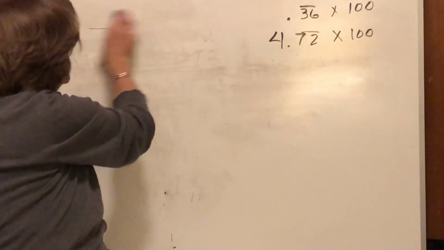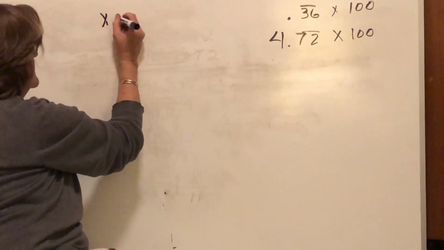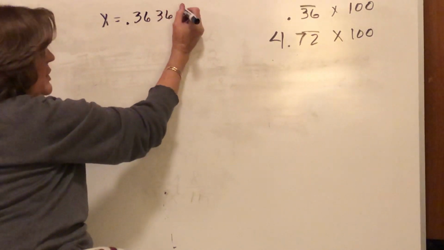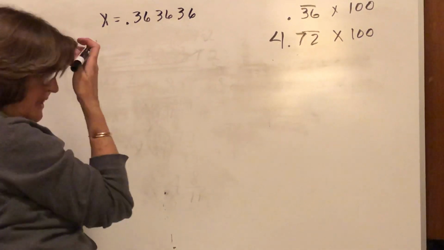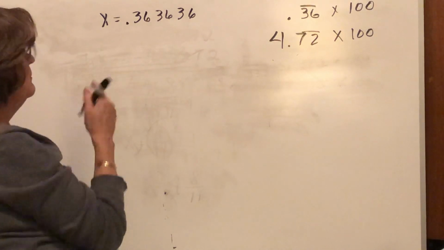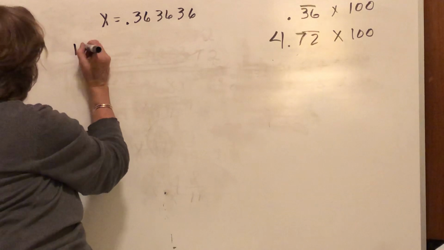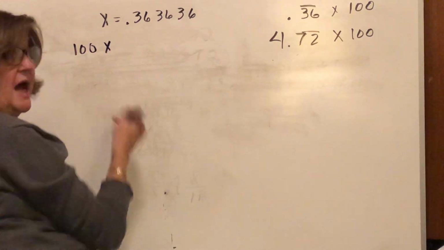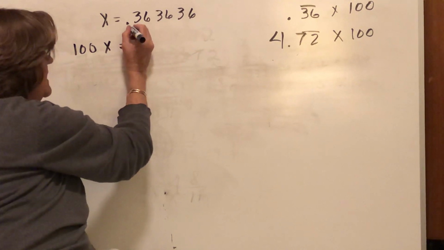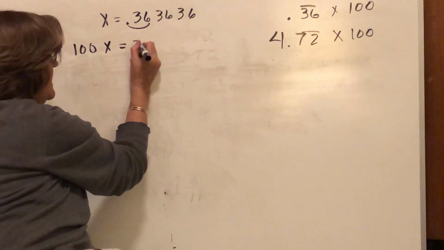I'm going to write a new original statement, and my new original statement is that x is equal to 0.3636. Notice I'm drawing it out a little bit, okay? You can draw it out 4, you can draw it out 6, it doesn't really matter. But I have a multiplier now, so I'm going to multiply both sides by 100. So here I have multiplied by 100, I get 100x. And over here what it does is it moves my decimal 2 places to the right. So I now have